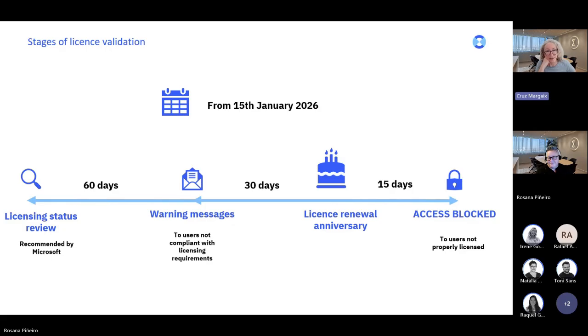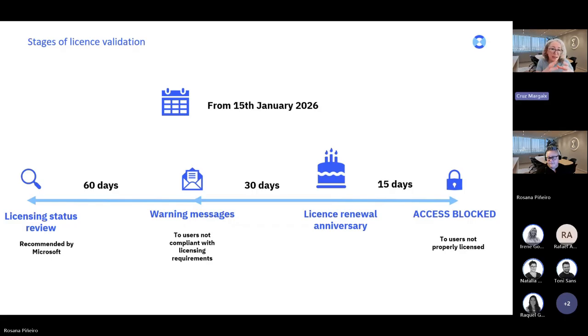But last year, Microsoft announced a change in their approach, and from 15th January this year, every FNO user has to have the proper licenses assigned for the use they're doing of FNO.